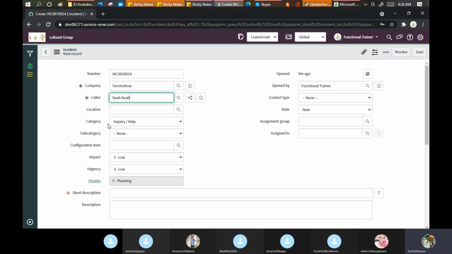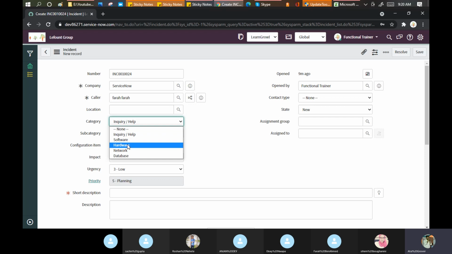But if there is any change in category, my system still works, because if you're not using the software, you can use the hardware as well, or you can add a new value. Second point, as a best practice, your drop down values should not be more than 7, or maximum 10 as a standard practice. If you are putting more than 10 values in the drop down, you are violating best practices, and logically you need to go to the reference field.